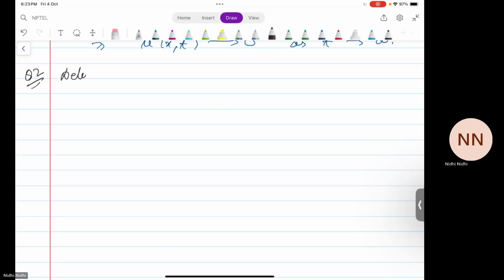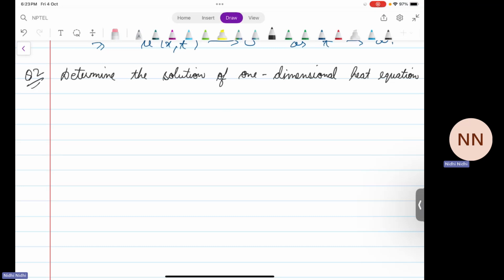Determine the solution of the one-dimensional heat equation u t equals to c square u x x under the boundary condition